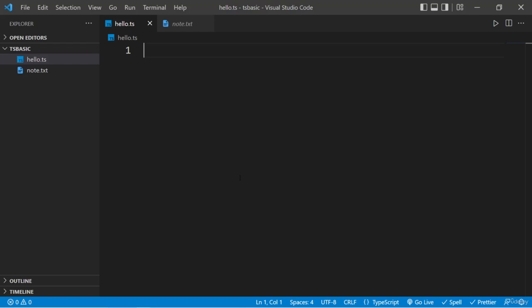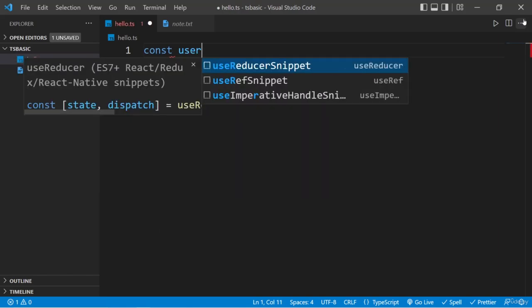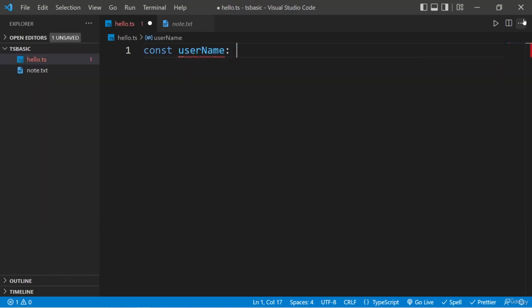Now let's see how we can work with the basic data types inside TypeScript. Like before, first of all, here I'm going to create this variable called username, and the type of this username will be string. So that's how we can define the type for this variable. And currently here we have this error, and that is because now the type is a string and here we are using this const. So we have to also assign this value, and now if I assign this empty string,